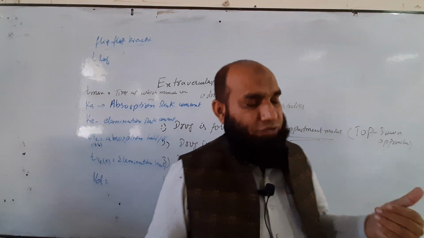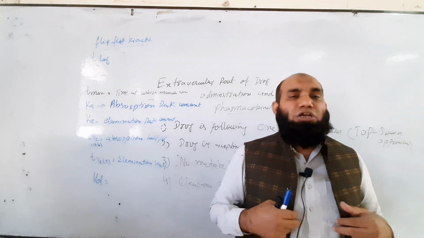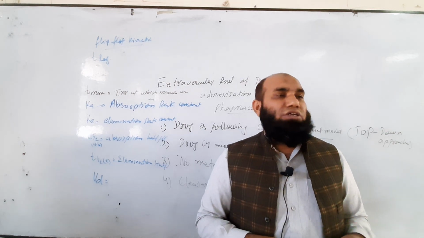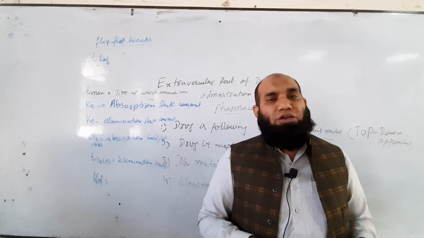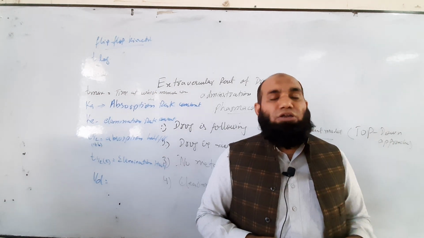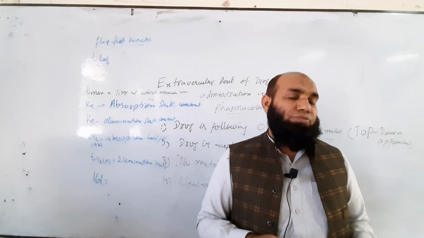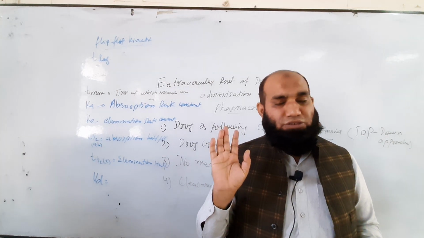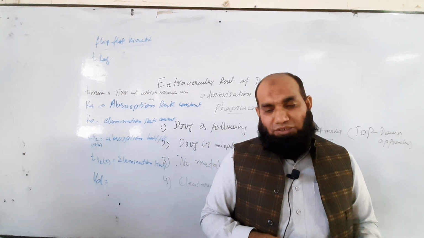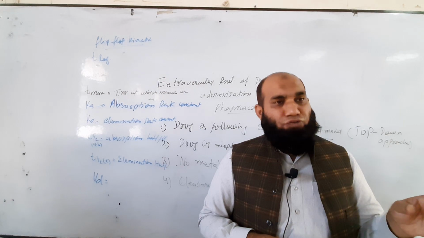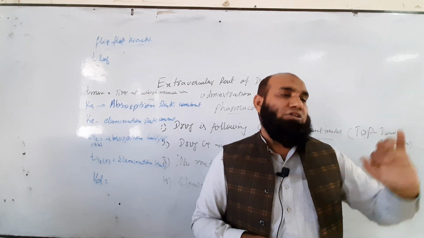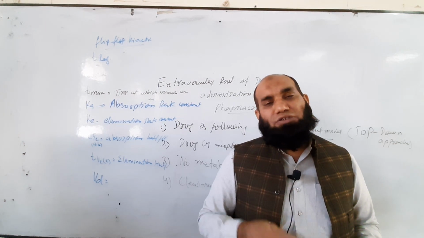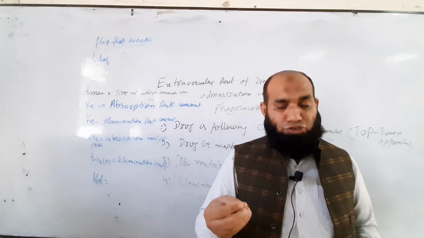Before this, we will have to learn what happens when we are taking a drug through the oral route, and the drug is passing through our oral cavity towards our GI system. It will first disintegrate, then dissolve and convert into the solution form. Remember, till the drug dosage form converts into a solution form, it will not be absorbed from the GI tract toward the systemic circulation. So the actual passage of the drug is movement of the dosage form from the oral cavity towards the stomach and then towards the intestine, and then it will disintegrate, and after disintegration it will dissolve. The process is called dissolution.